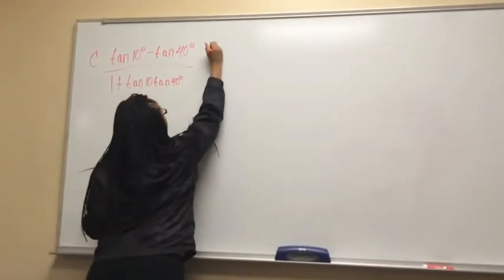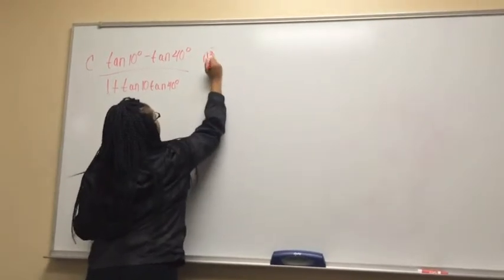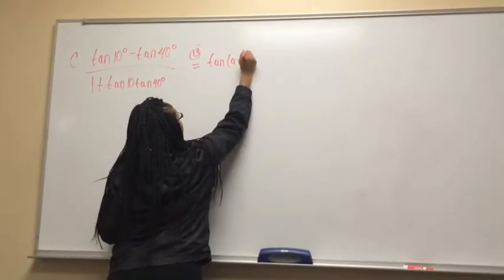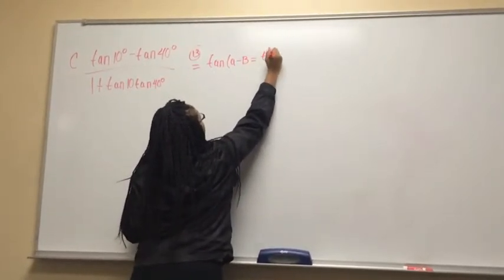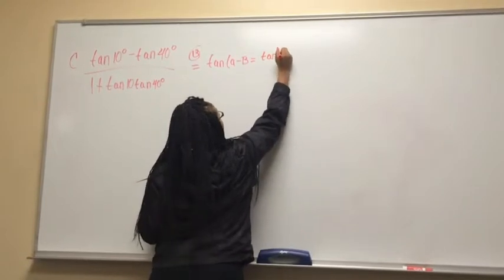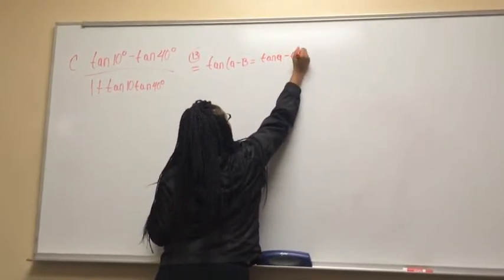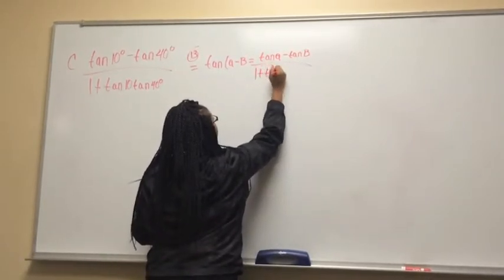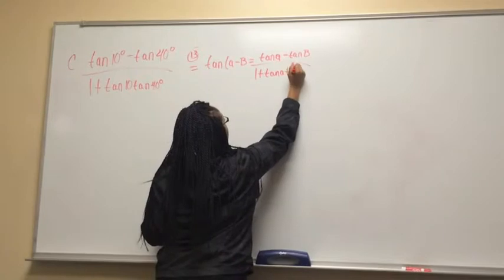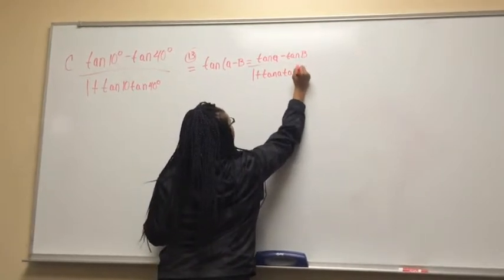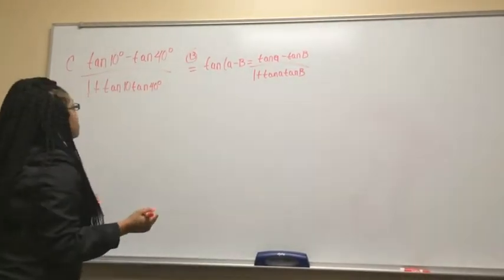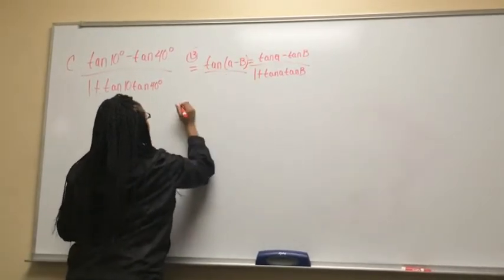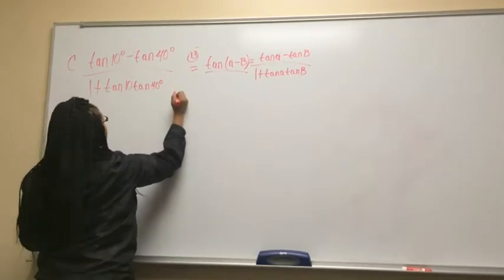I use problem number 13, which is tan of A minus B equals tan A minus tan B all over 1 plus tan A times tan B. So for this one, I took this formula, I took this piece and I just basically did